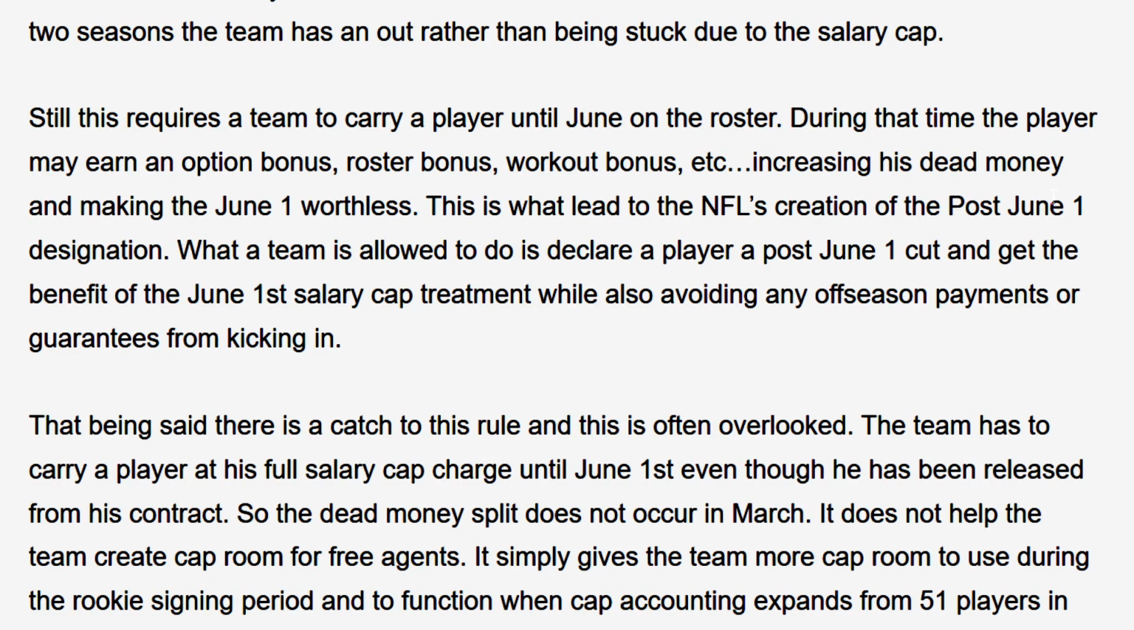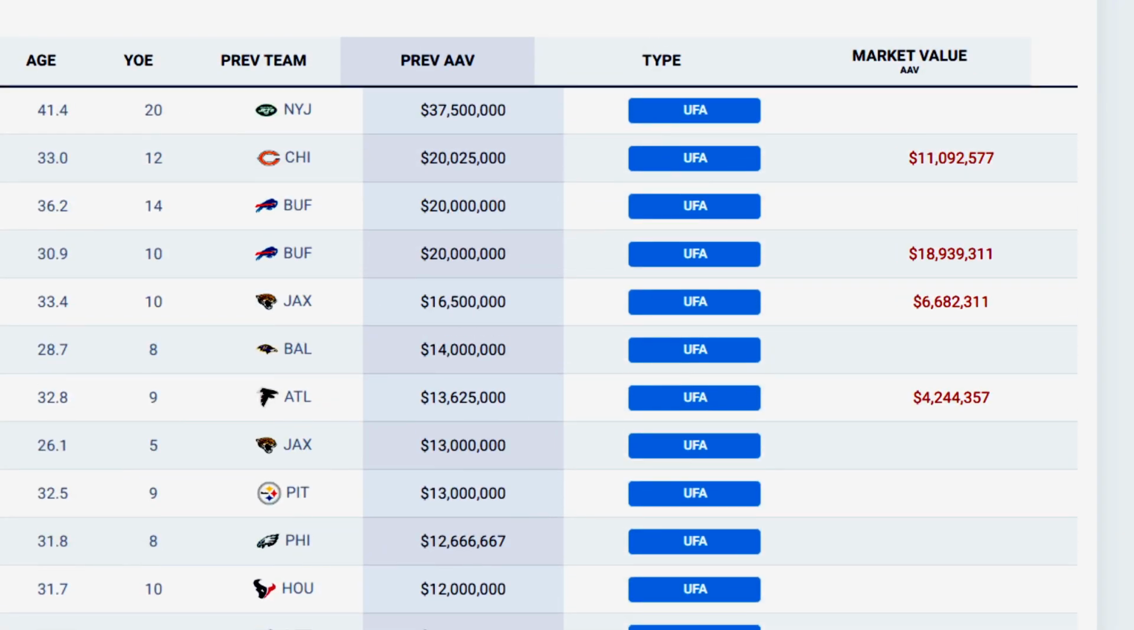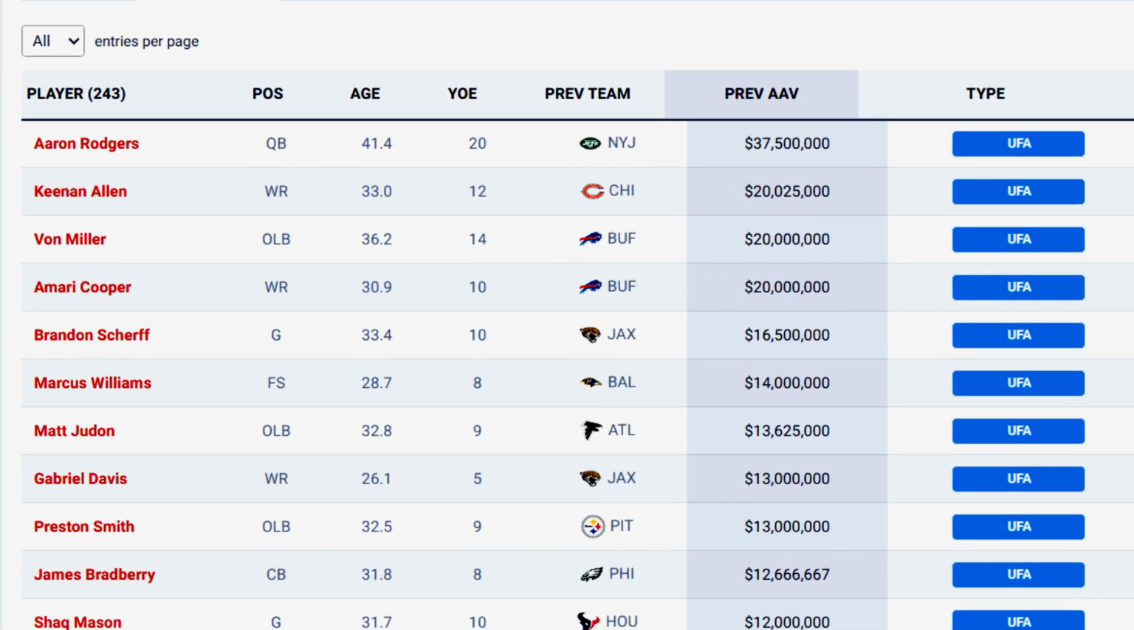Go enjoy free agency. Go sign with whoever you want to sign with. But right now, we don't want you on our roster anymore, and we don't want to pay you the roster bonuses and stuff like that. So that's pretty much the summary of what a post June 1st cut is. It just lets you be able to go ahead and get rid of some players and not have to worry